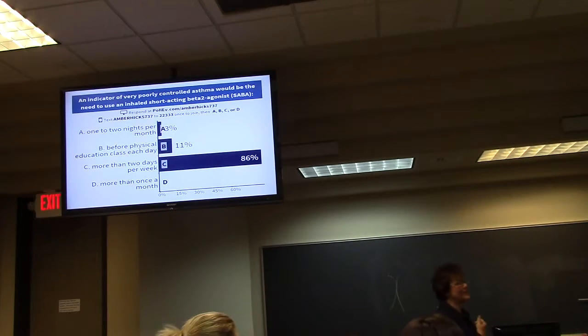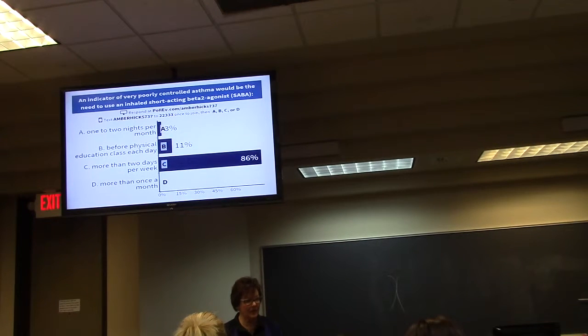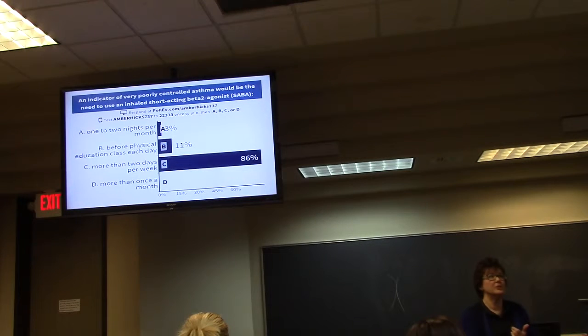So you always, always, always ask about beta-2 agonist use. You can do it by how often, or if you're having to use it every day. But the other thing you can do is ask how many canisters are you using a month? They should never be using more than 1 canister a month. Most canisters have about 200 inhalations per canister. So if they're using more than 1, you know they're way over. If they're under 1, you don't know if they're still overusing it unless they can give you a good history. So the beta-2 agonist is your drug to look at.